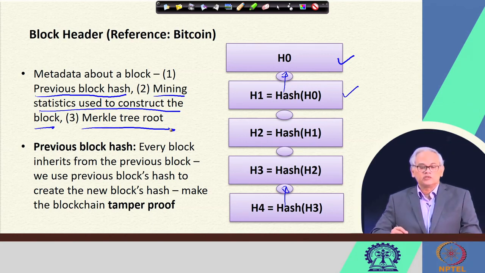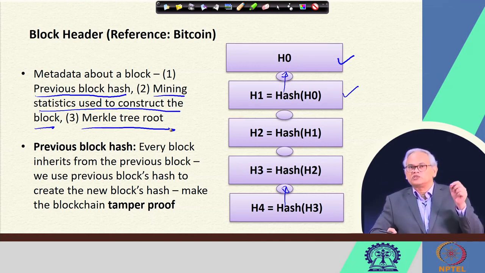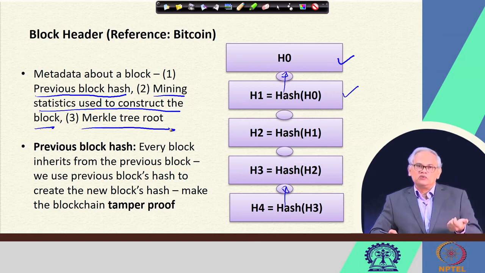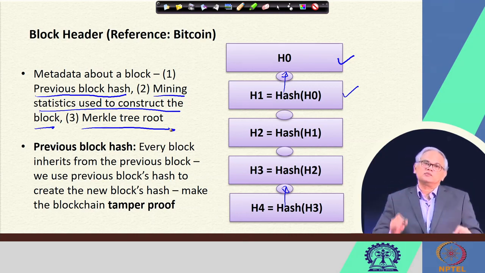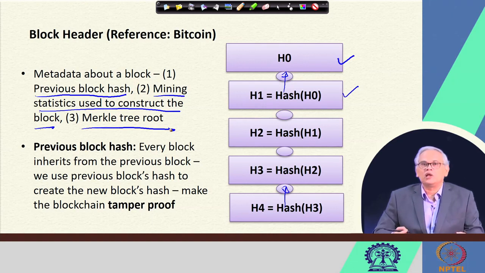And then what is the reason for the previous block hash? As we have seen here in this example, and also we have seen before, the purpose is that if some adversary tries to tamper with the data in any one block, then that adversary will have to change all the block hashes till the latest block. So, if say the latest block is block number 700,000 and the adversary wanted to change some transaction in block number 600,000, then all these 100,000, that is 1 lakh such blocks, all these hashes will have to be